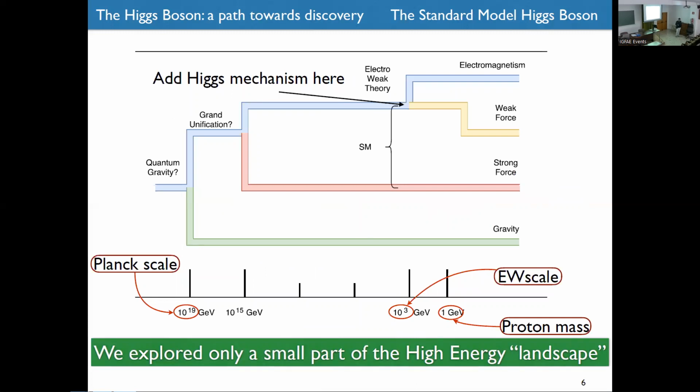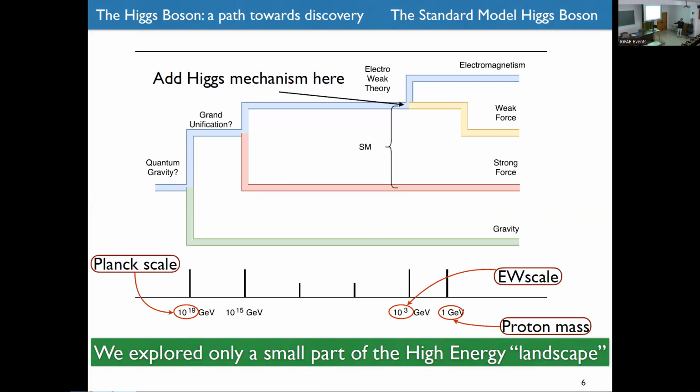Okay, so all this nice picture I gave you describes basically everything more or less from here to here. These are in logarithmic scale. These are the proton mass and the electroweak scale. So we have more or less a clear understanding of how nature works up to this point. However, we are missing many other orders of magnitude of unknown physics before we reach the point where we know that quantum effects become important for gravity. That is the Planck scale.